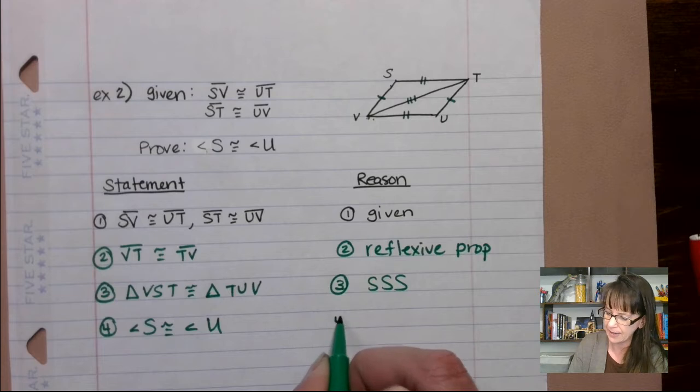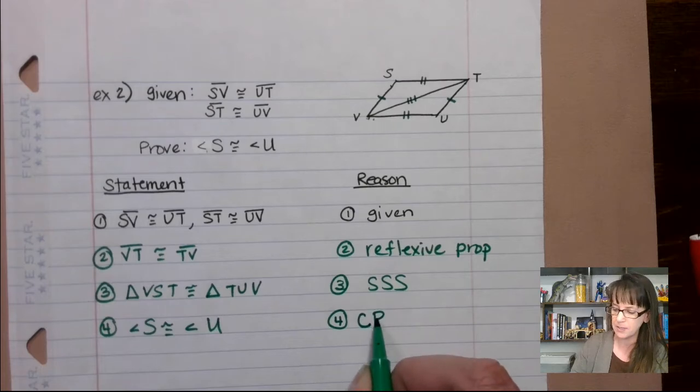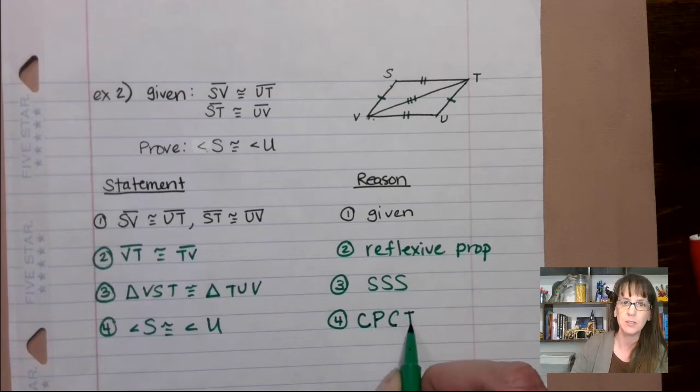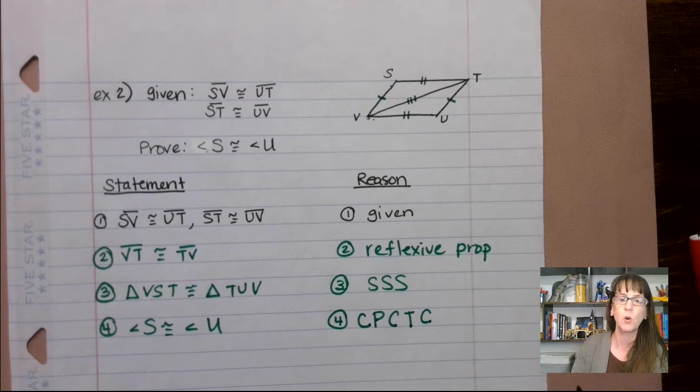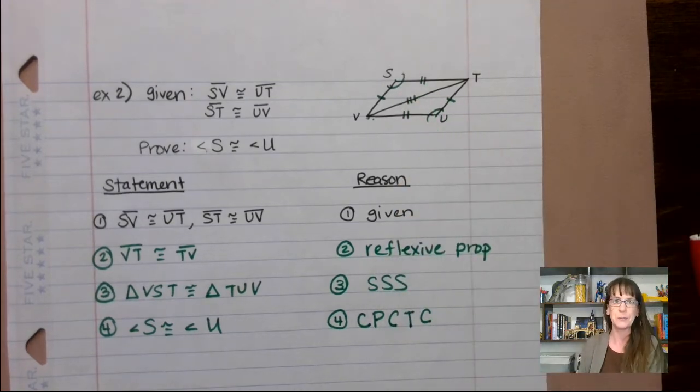So we can say that angle S is congruent to angle U because corresponding parts of congruent triangles are congruent. So corresponding parts of congruent triangles are congruent themselves. So therefore, angle S has to be congruent to angle U. Okay, one more that we've got here. So for our next one,